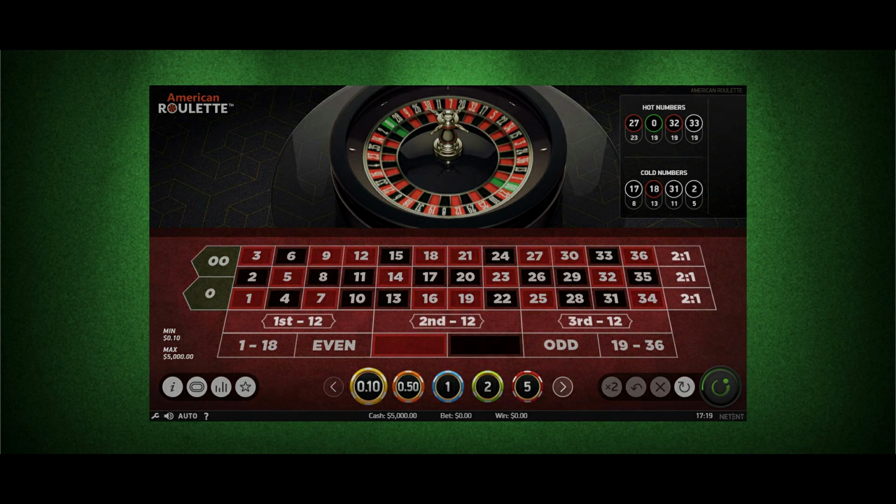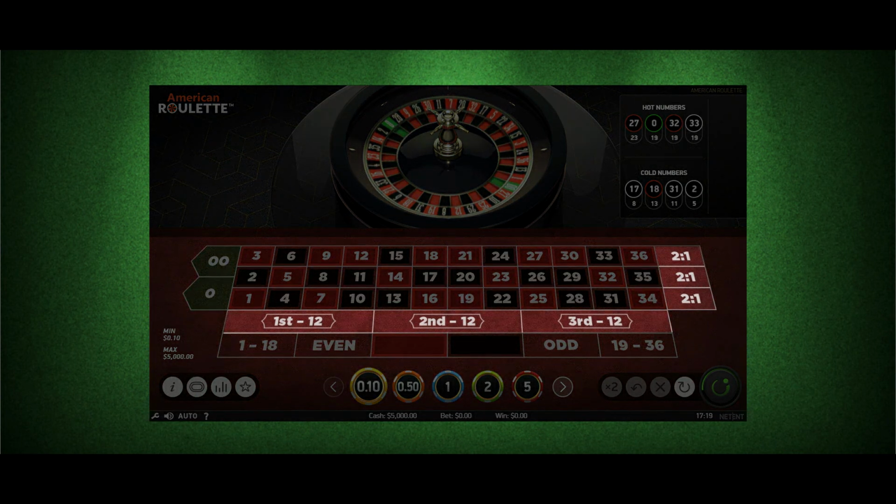So you'll see on the outside are options to bet on groups like the first, second, or third groups, even numbers, reds, blacks, whatever. You think that betting on red or odd numbers would at least give you a 50-50 shot, but you'd be wrong. I'm sure you've heard the old saying, the house always wins. Well, a casino ideally always has a slight edge so that they make money in the long run.